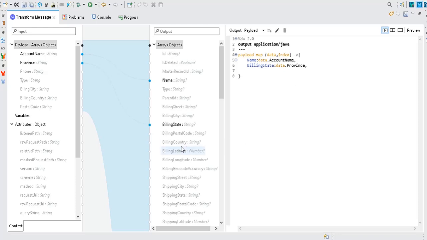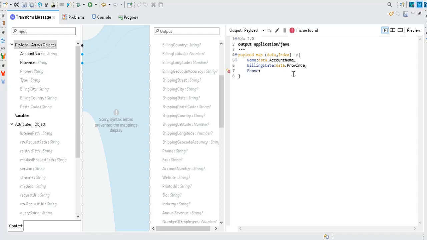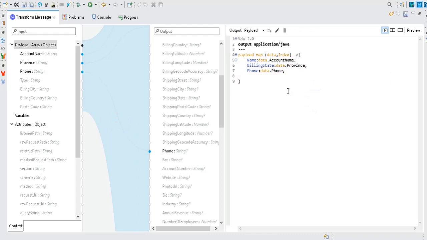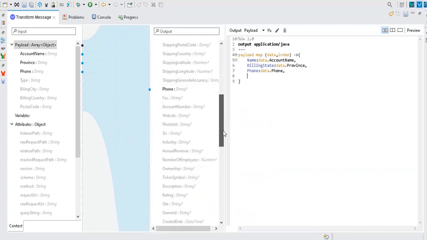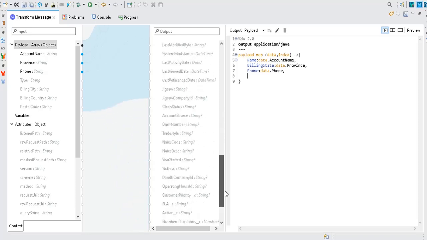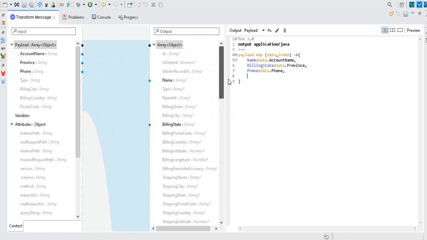So now again, like that, you need to map all these fields with the Salesforce fields. Okay, so the next one is phone. Phone field is there here. So I need to select the phone and data dot phone. Okay. Third one, type. What is this type? Customer type or anything. If you have any type field here, you can map it. Otherwise, you can ignore it. Or else you can map it with, yes, the type field is there. So you need to map this.